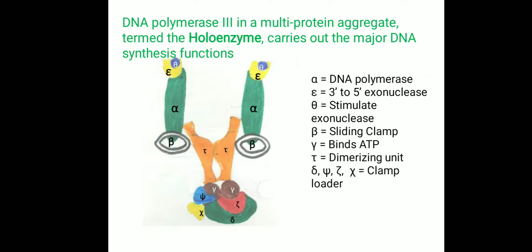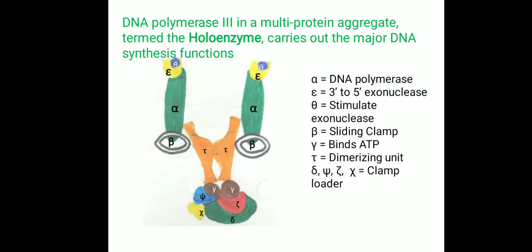Here we can see the alpha subunit, the green colored one. This is the real DNA polymerase, and another unit is called the epsilon unit. This is involved in exonuclease activities, and the pi unit stimulates the exonuclease function of epsilon, and beta acts as a sliding clamp that holds the strands of DNA for the replication process. And gamma protein binds with ATP molecules for hydrolysis and production of energy, and theta is a